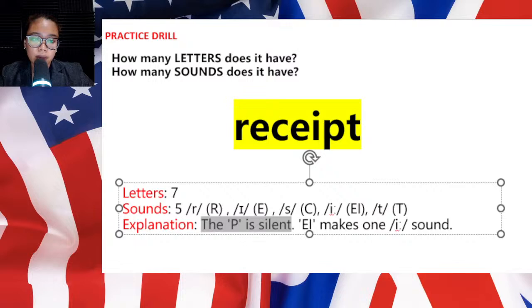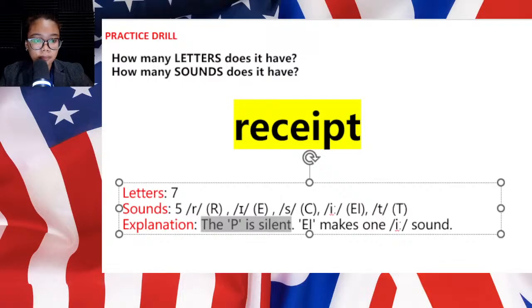Even though it's physically present in the spelling, we completely skip its sound when we speak the word. So you don't say "re-keipt," we say "receipt." Again, it is receipt. So this P is typically silent in words derived from Latin that have PT at the beginning or the middle,